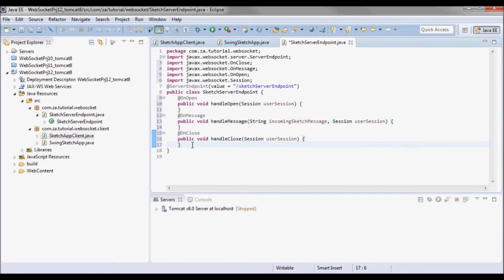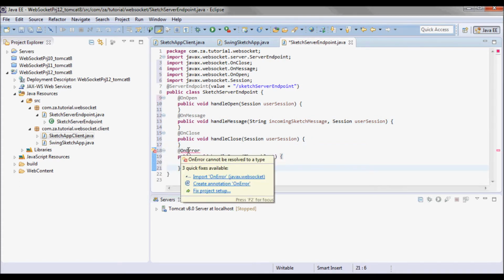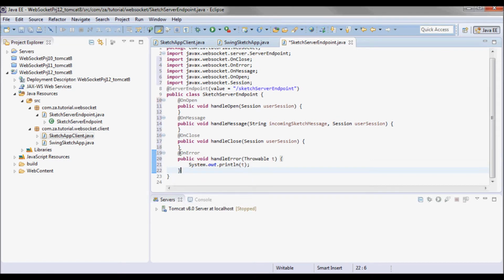And for handling errors, I'll have this handle error method that's annotated with the onError annotation. And all I will do here is do a print line statement.